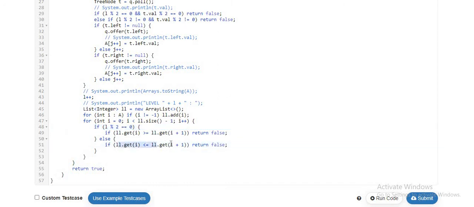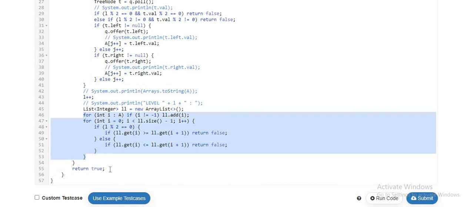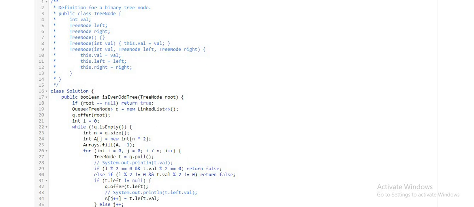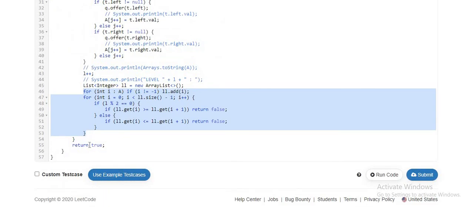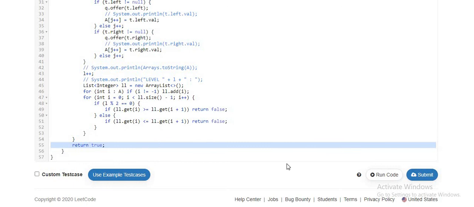But if I come across an element where the previous element is lesser, so where the order gets broken for the decreasing order, in that case also I have to return false. If I never find such a scenario, it will simply keep on performing, and it will come to a stage where the queue will become empty, and at that point I will just return the output as true.